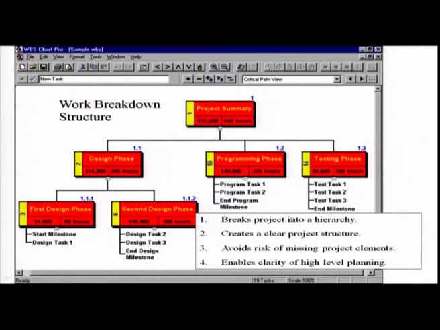But this is necessary, the work breakdown structure, because this is the simplest way anything can be aligned to the entire organization, the way the people, the roles, everything, the cost of the issue, how the dynamics change. So, a typical project summary is like this: design phase, first design phase, second design phase,